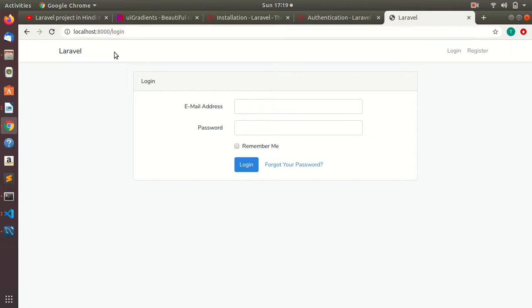So this was the first method that we can use for login and registration. And if we don't want to use this Laravel Auth, then we can make our custom login and register pages, and use the MVC structure. We can create models, views and controllers to register the user and then login. So I will close this one.